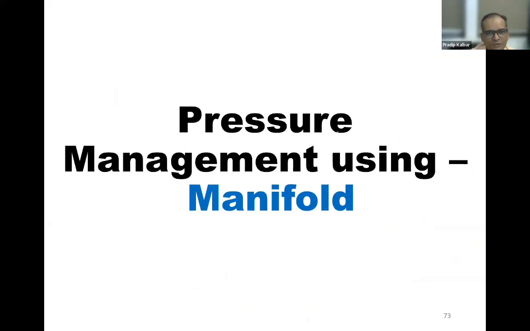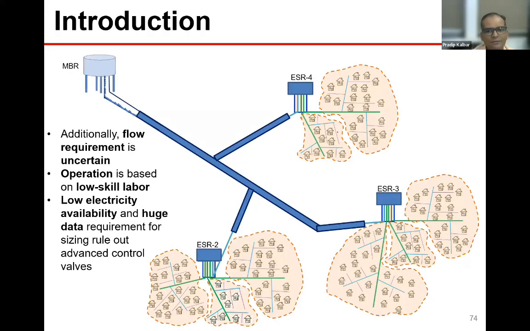Then we worked on the manifold system in West Bengal. This case I'll show, and then maybe you can have question and answers. What is happening in most of the distribution systems is that in these large diameter pipelines, when the withdrawal is too high or there is a steep slope, the pipe runs partially full, and then there will be air entrapment because of sagging pipes, and many issues. So unless we address these issues, no amount of energy or pumping will help us. This may be open channel flow, create air entrapment, and part of the system will be pressurized.